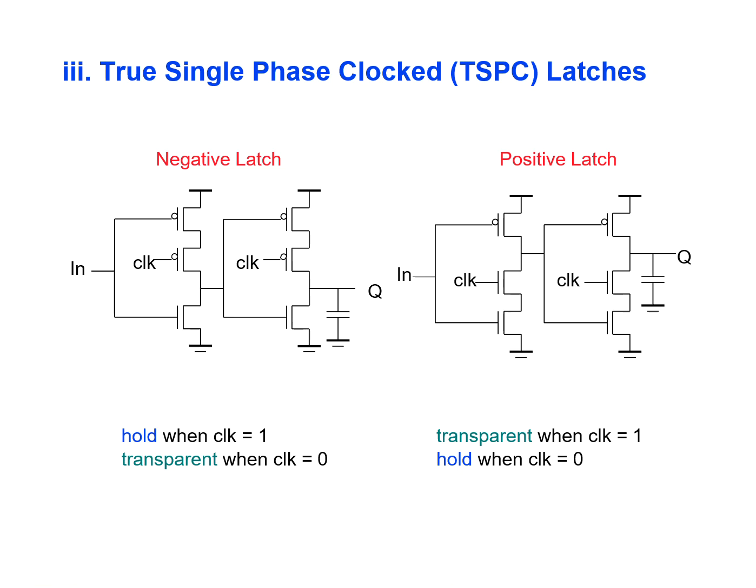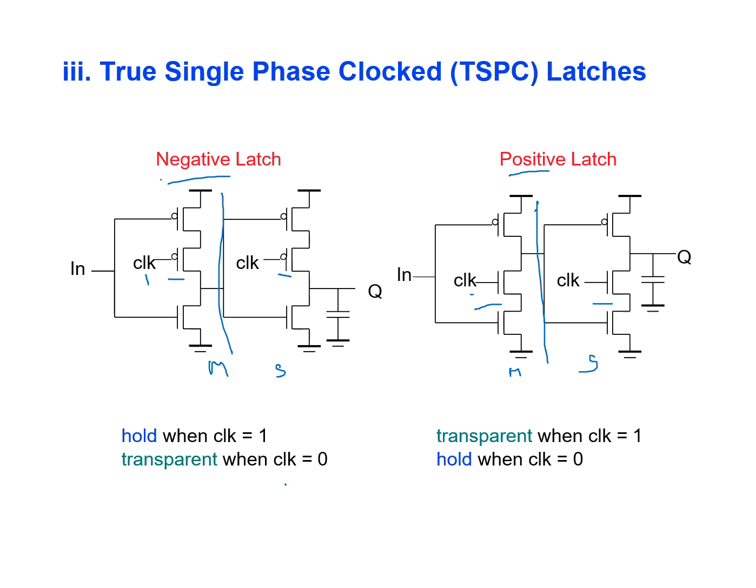Okay. So as far as true single phase latches are concerned, there are two different latches: positive latch and negative latch. It is also with the master slave concept. Here also in positive latch it is master and slave. See here we are using PMOS in which the gate is connected to clock, and on the slave side the PMOS gate is connected to clock. In case of positive latch, instead of PMOS we are using NMOS here. The gate of NMOS is connected to clock. Similarly on the slave side the gate of NMOS is connected to clock.